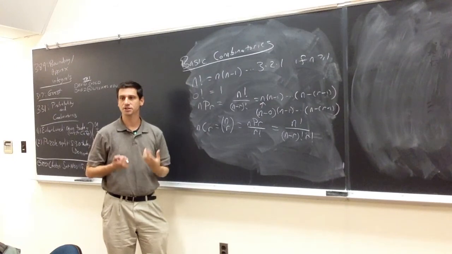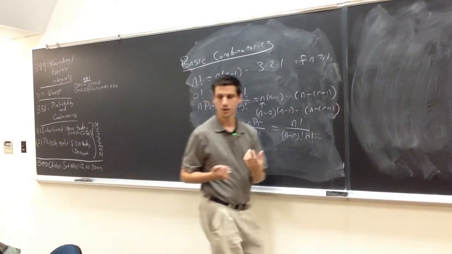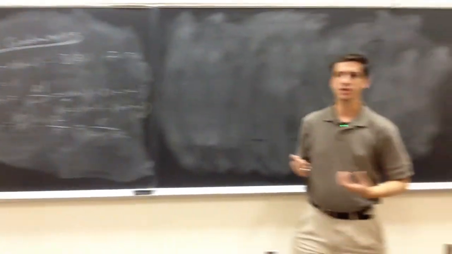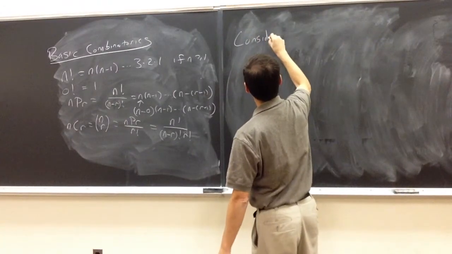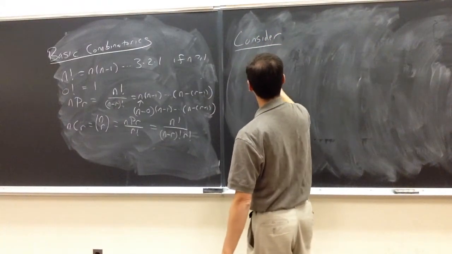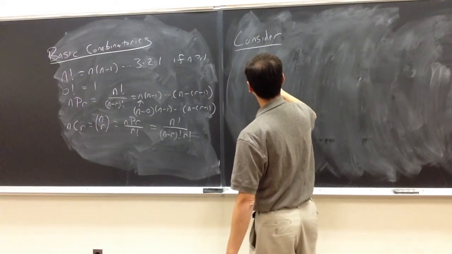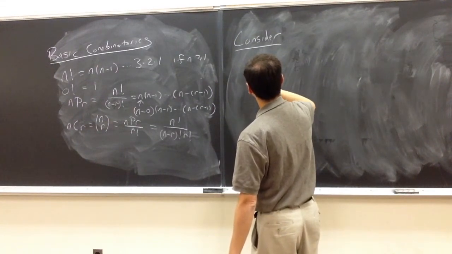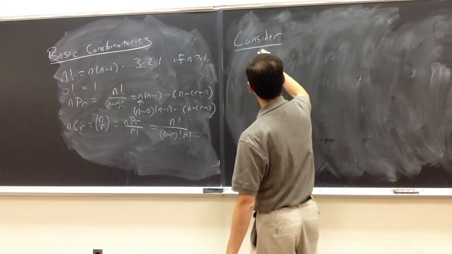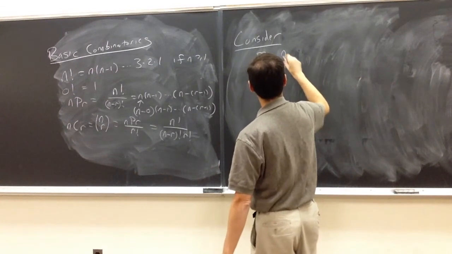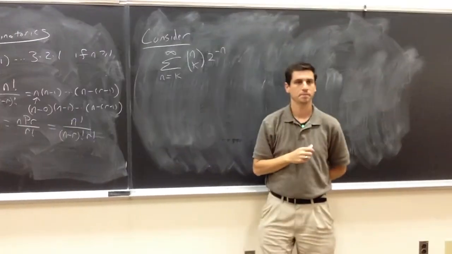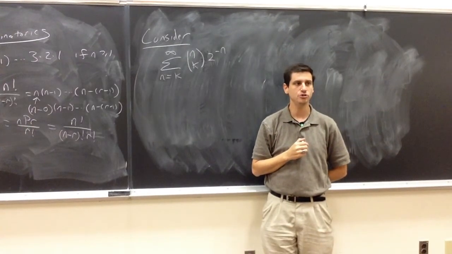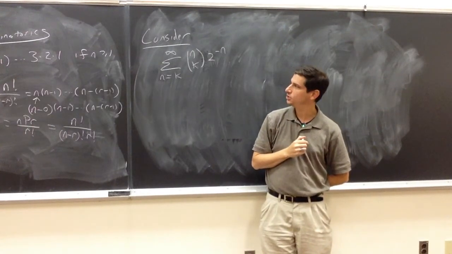These are the basic combinatorial objects. One of the problems we were looking at, I think, was the following. Consider the sum over n from k to infinity of n choose k times 2 to the minus n. If you had your choice, what value of k would you